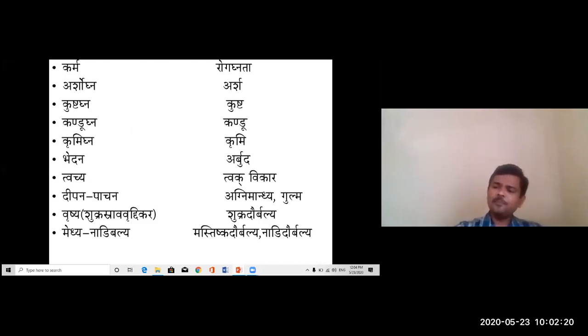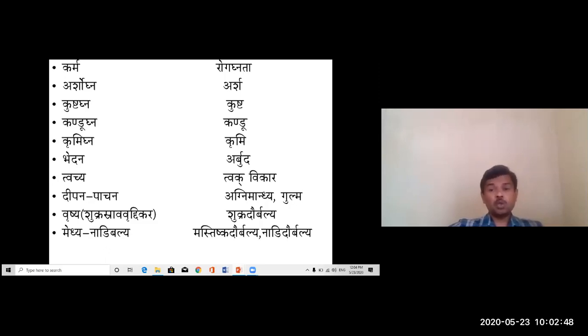Karma and Rogaghnata: Acharya Vagbhata says, and even Sushruta, that Ballataka and Kutaja are the best drugs, or drugs of choice, to treat the condition called Arsha. Vagbhata specifically says Ballataka is a Shreshtha Shushkarsha nashaka; you can treat Shushkarsha using Ballataka preparations.